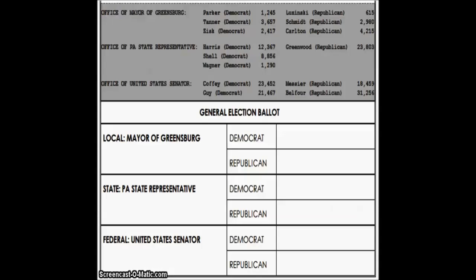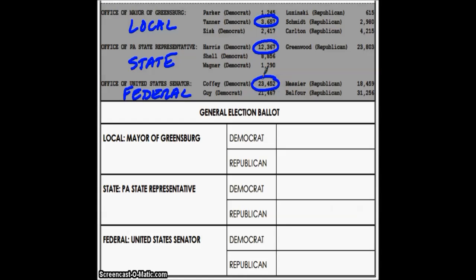Okay, so you have this situation where this is local, this is state, and this is federal. And so just to show that we have these primary elections at every level. Now, let's first determine who the Democratic nominees are for each office. And so we just compare and see who wins the popular vote. And so we can circle those for each race, and then we just put in the candidate for each